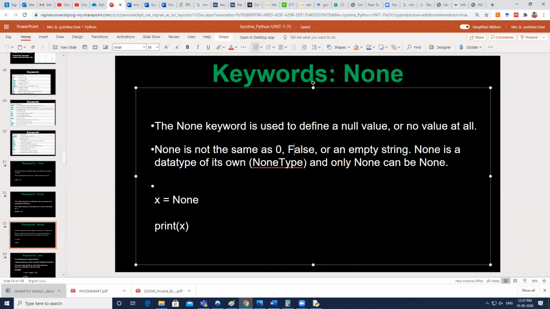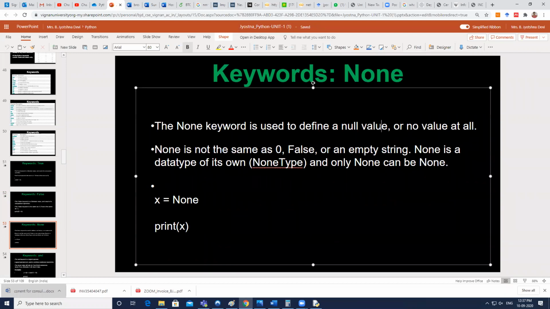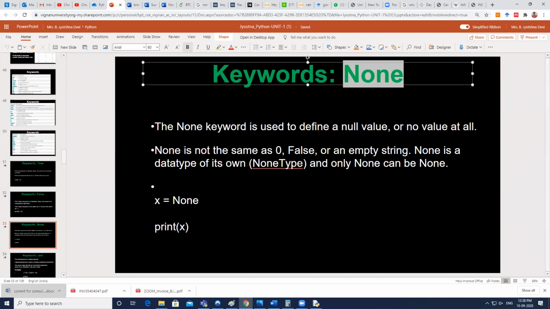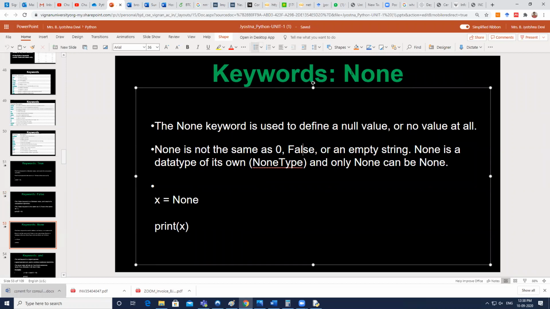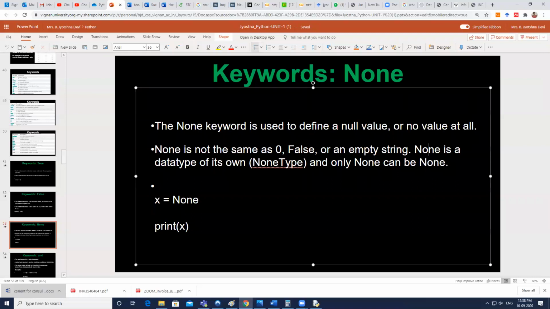And there is one more keyword called None. None is used to define a null value. Wherever you want to have a null value, you can use None. As we go into the course, you will understand much more about this None. None is similar to your 0 or false or even an empty string. Whenever you are using an empty string, a 0, or a false, that indicates it is a None value. Similar to your other data types, None is a special data type, which indicates nothing is there.